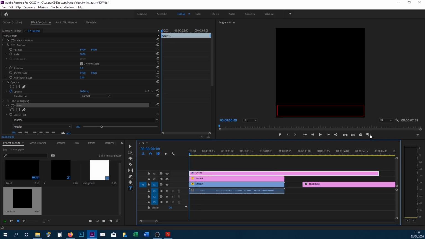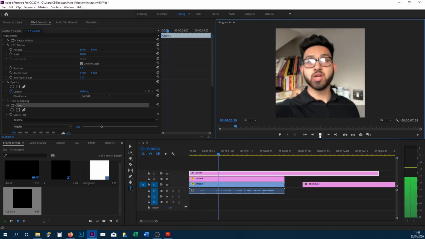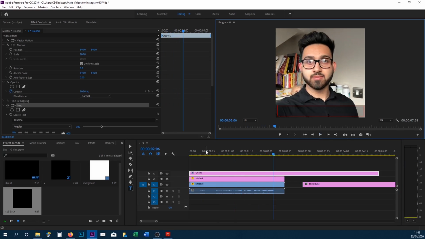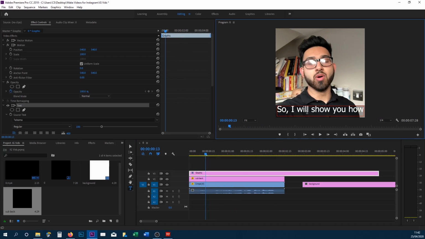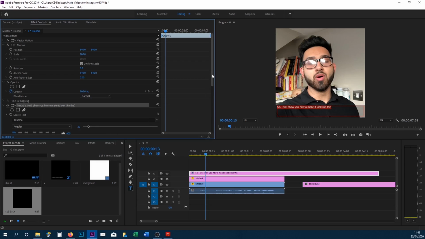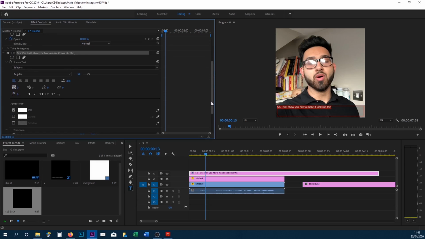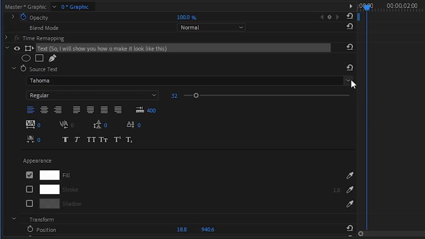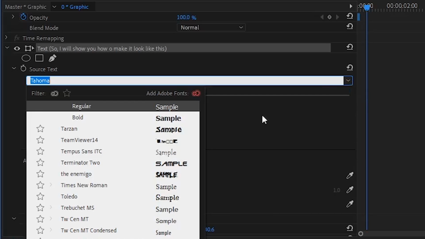So I'm just going to play through so I know what I actually said. So I'll show you how to make it look like this. Pretty simple. So right now I'm just typing in the text with whatever I said, and then I'm just going to press Ctrl A on my keyboard to highlight it all, and I'm just going to put it a bit smaller for now. And then over here to the left in effect controls again, we get full control over the